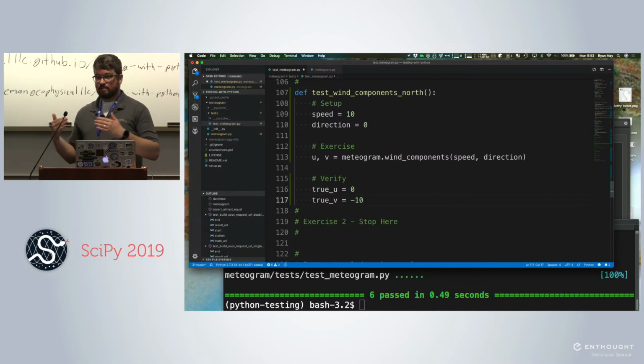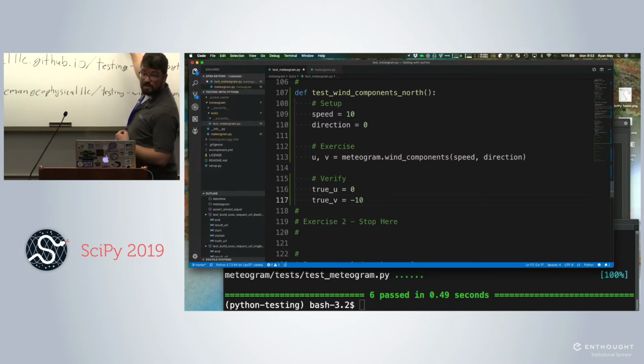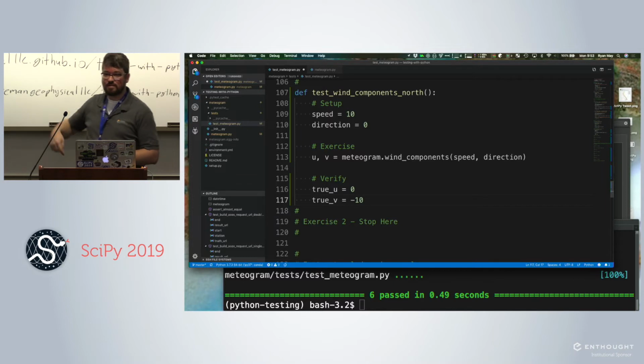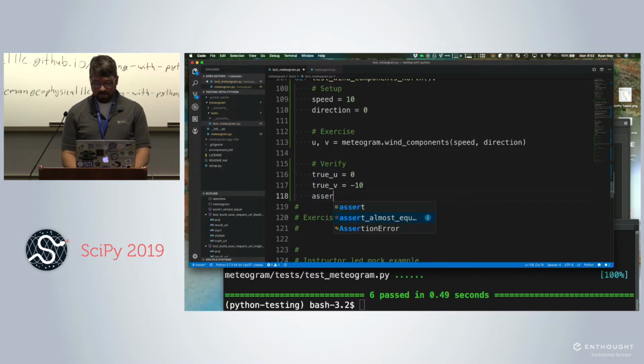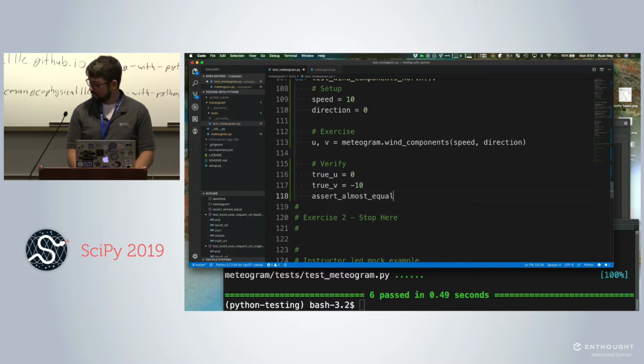So if this is 10 meters per second, we're not specifying wind from the north, then this V component is minus 10. The wind is blowing to the south. Then we use our assert almost equal because we are potentially going to have floating points.